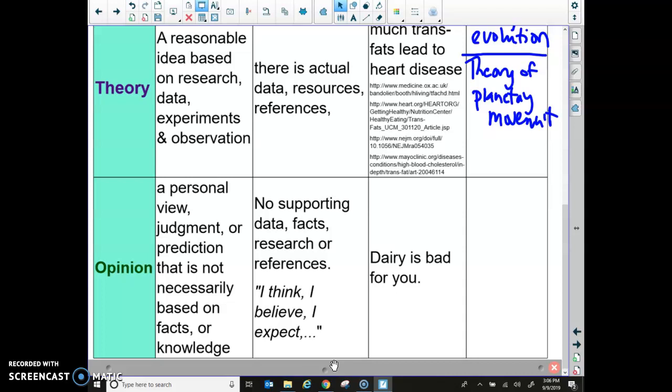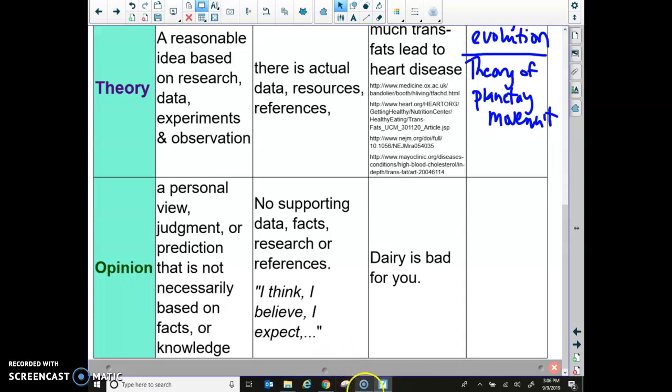The other thing you'll notice is that they often use words that are superlatives: the best, the most devastating, the absolute worst, the craziest. Very descriptive language that can't be proven or disproven. It's vague and interesting and big or scary, but it doesn't mean it's a fact. There aren't supporting pieces of evidence or research or data to go along with opinions. Opinions can't be proven or disproven. If I say, I think the 7th grade is funner than the 8th grade, which isn't necessarily true, that's an opinion and I can't prove it.